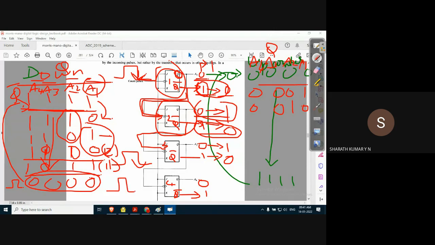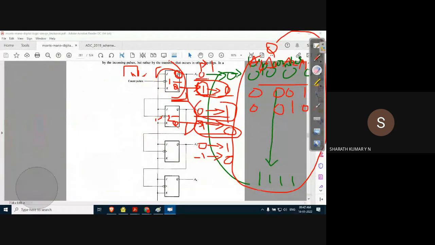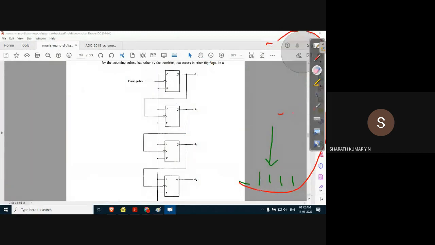So on the application of the next clock pulse, the down counter will start from the initial count of 1111 and the down count continues. This is the complement output, the Q dash output of the flip flop, and the up counter is nothing but the normal output of the flip flop. So that's how we can implement a binary ripple down counter. For that, the complement output should be given as a clock input to the next flip flop. Very simple.